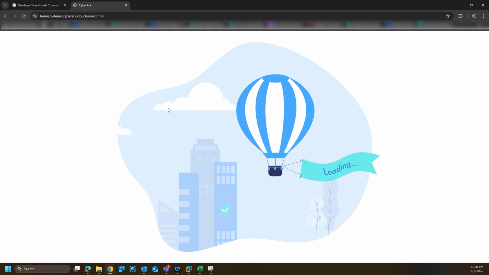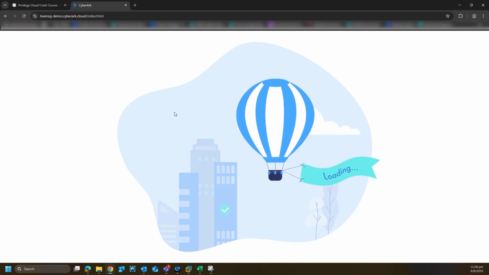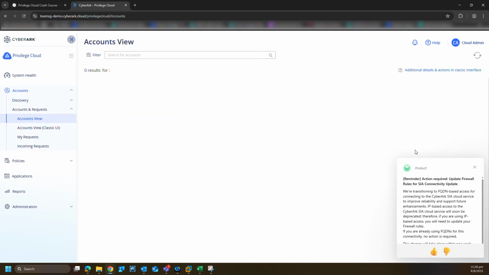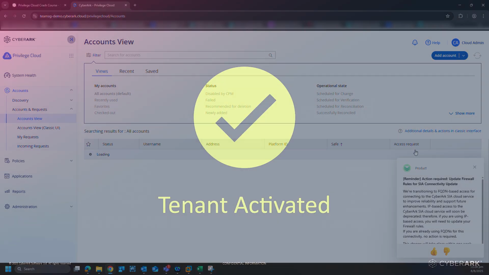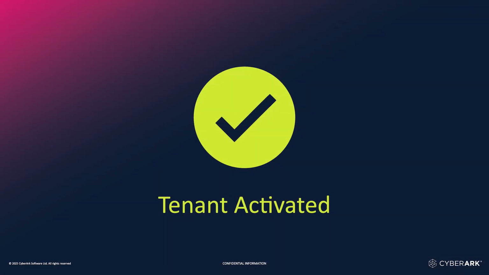Upon a successful login, you'll be greeted with the ISPSS landing page and welcome message. That concludes your ISPSS tenant activation. Your tenant is now fully activated, and you can start onboarding users, integrating authentication sources, and configuring CyberArk services to